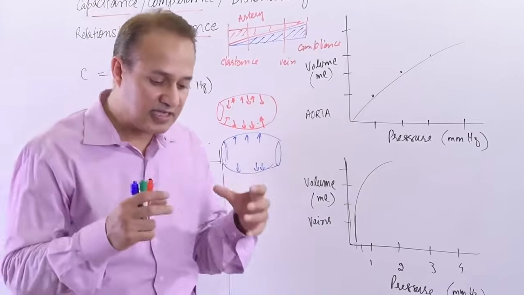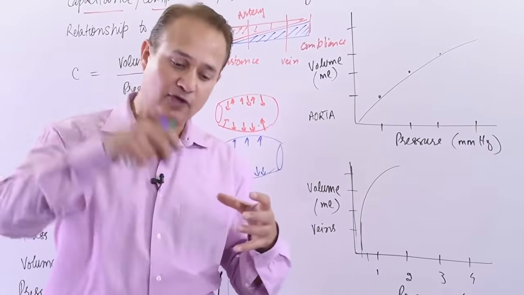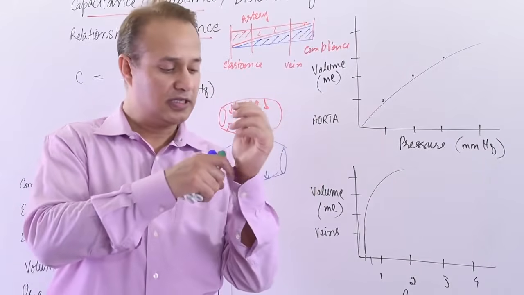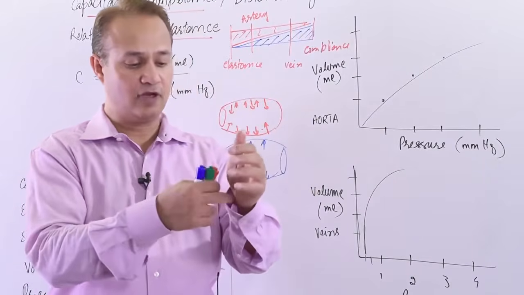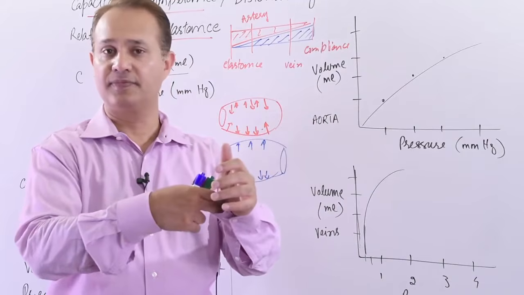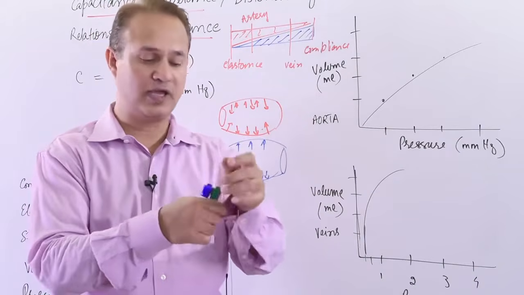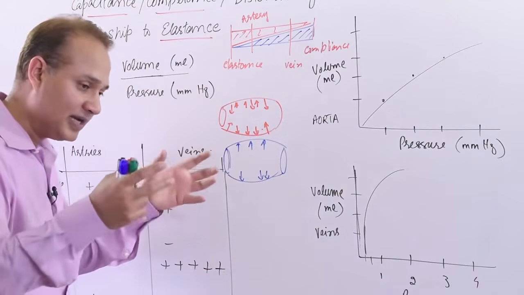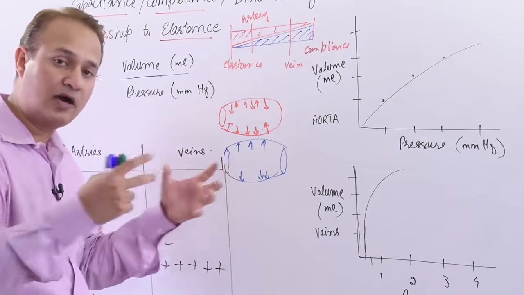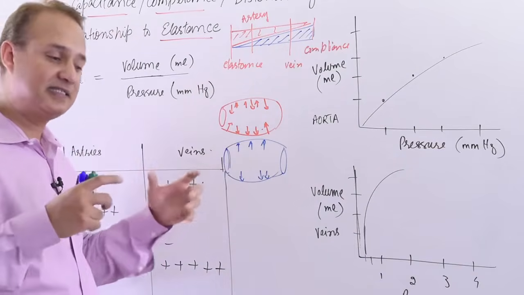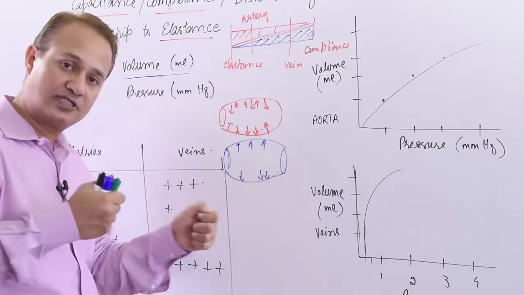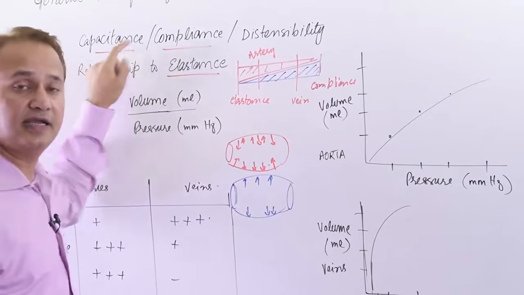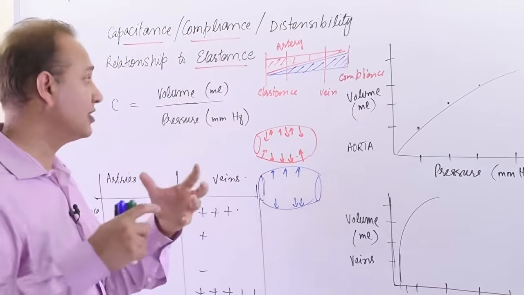We say that a vessel or a chamber is compliant if you add volume to it and it just keeps expanding. So look, if this is a vessel, if I add volume to it, it just keeps expanding. It is not going back. So this is very compliant. Compliance means distensibility, how easy it is to distend without causing lots of recoil. Elastance is how difficult it is to distend because of the recoil. Compliance is also called capacitance, and it is the distensibility of a blood vessel or a chamber.